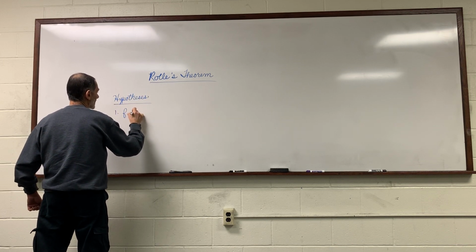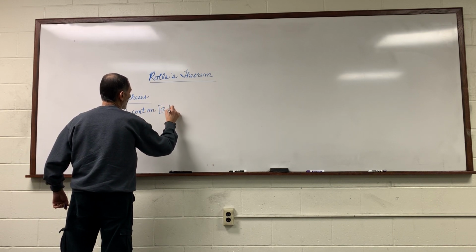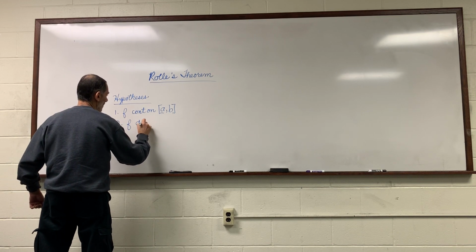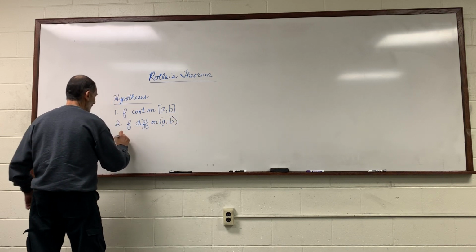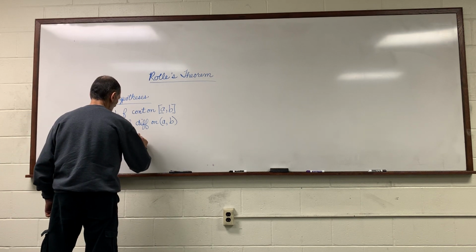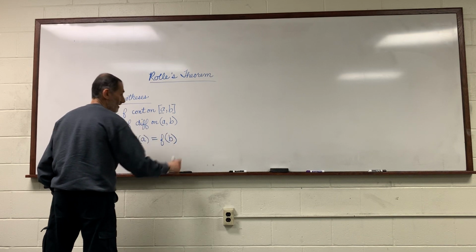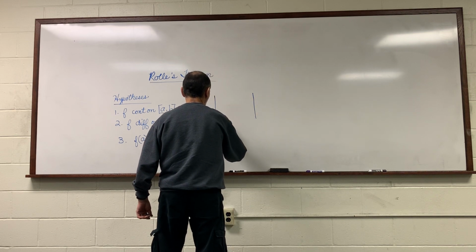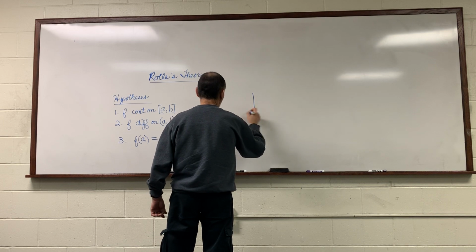1, f continuous on the closed interval. 2, f differentiable on the open interval. But then it adds a third hypothesis. That is, f of a equals f of b. In other words, if we set up our diagram, whatever happens in the middle here